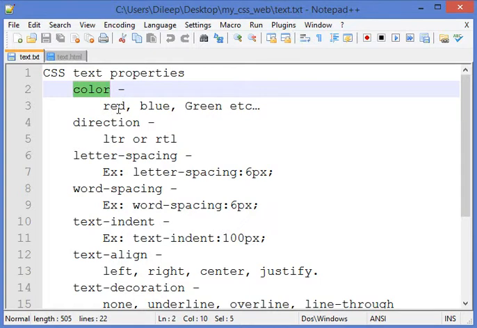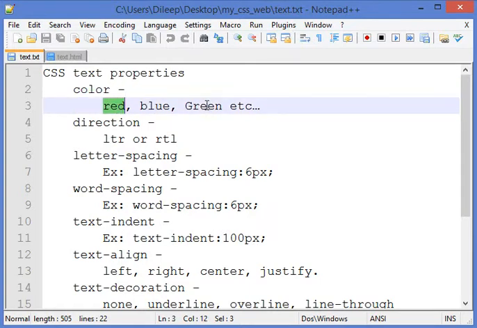The values we can apply are red, blue, green, or, as we have already learned in our previous lectures, we can use color values in CSS using either RGB functions or hex codes, right, or the keywords that are mentioned here.